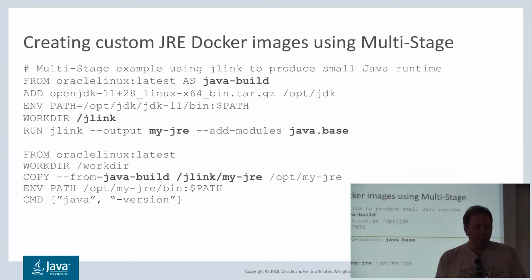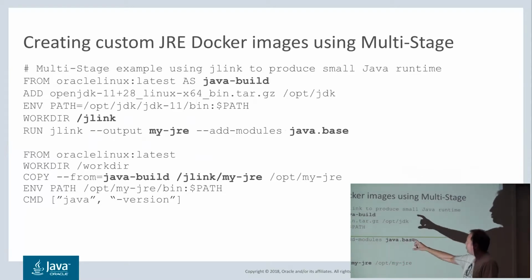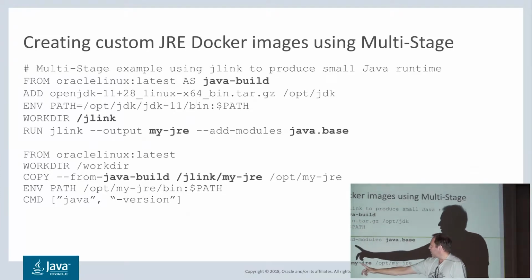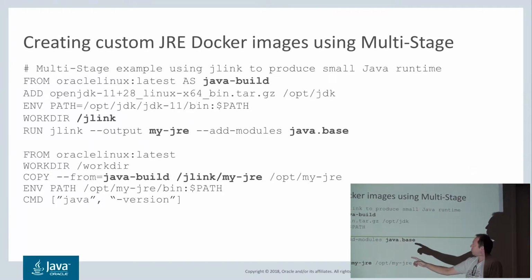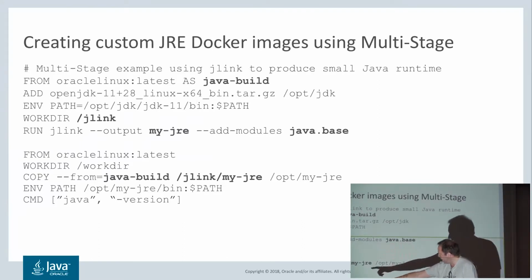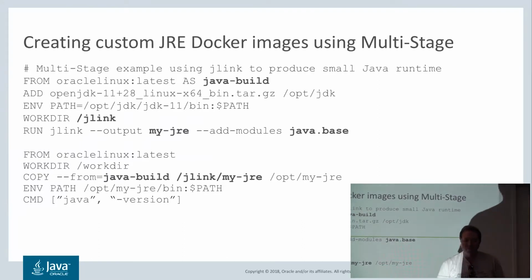I'm going to skip over the multi-stage thing, but I will mention that this Docker multi-stage functionality is very, very nice for doing exactly this. You can say, and actually that's what Steve did, I believe, as well: start with the whole thing, do exactly what I just did as part of the build step in Docker, and then you end up with a JDK that only contains what you want. That's Docker multi-stage for the win.